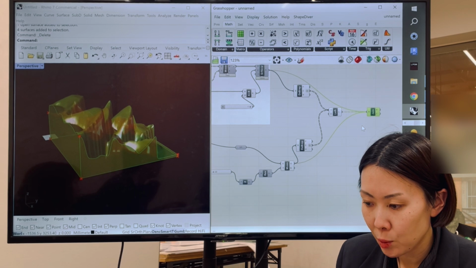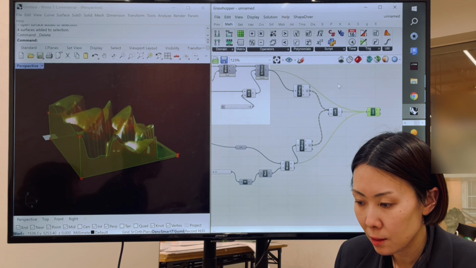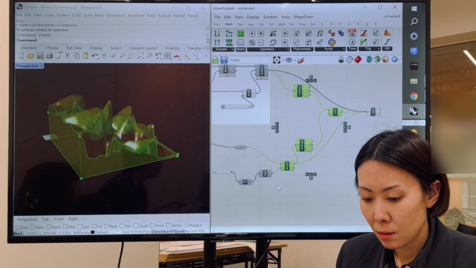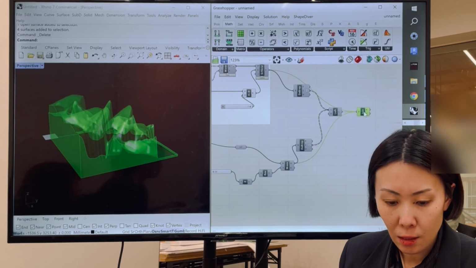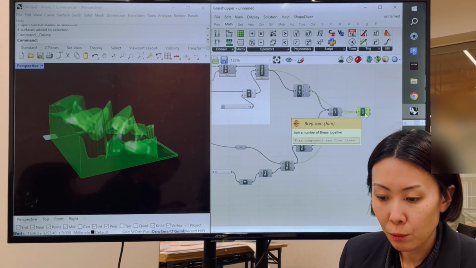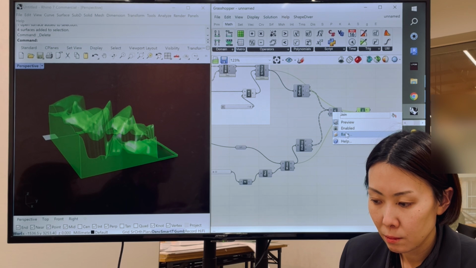So now I put the top one and the bottom one and the full side of the surface together. Control Q, just hide everything. So this is what we want. Now if I bake this,